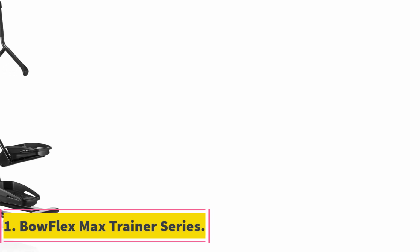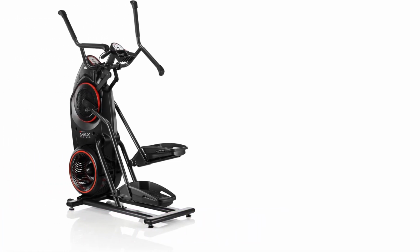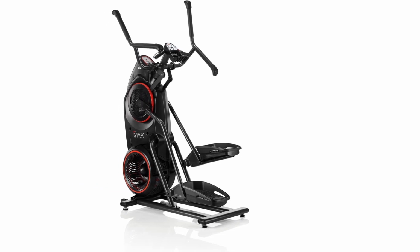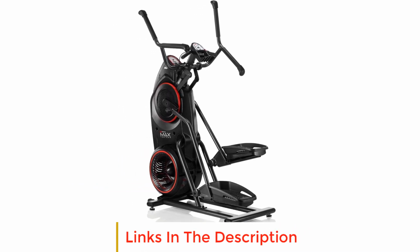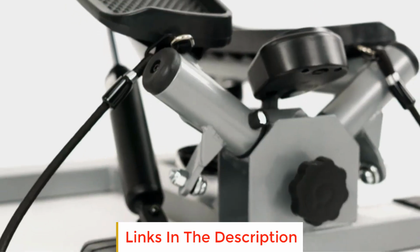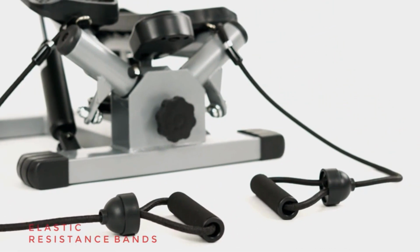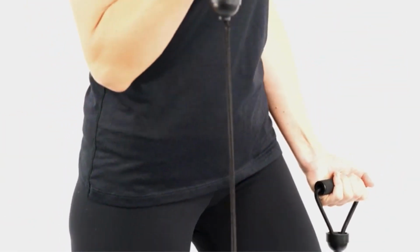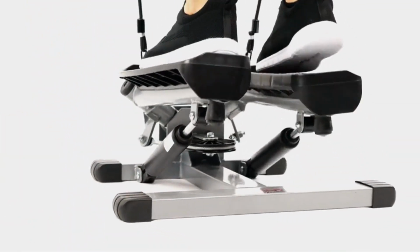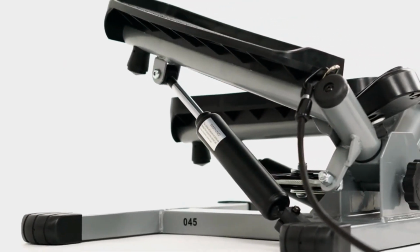Number 1. BowFlex Max Trainer Series. The BowFlex Max Trainer Series offers a dynamic fitness experience by seamlessly blending the smooth, low-impact motion of an elliptical with the calorie-burning efficiency of a stepper. With its adjustable dial, users can customize their workout intensity, choosing from up to 8 levels of resistance to meet their fitness goals. The interactive LCD display enhances the user experience, featuring 2 workout programs to keep workouts engaging and